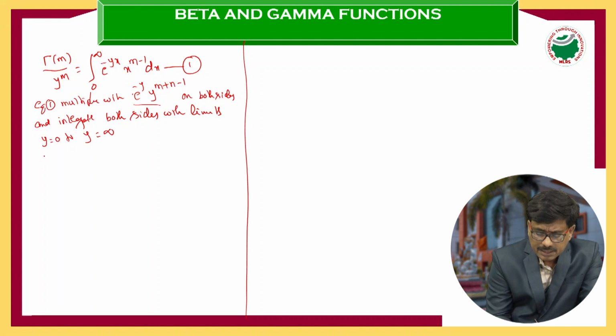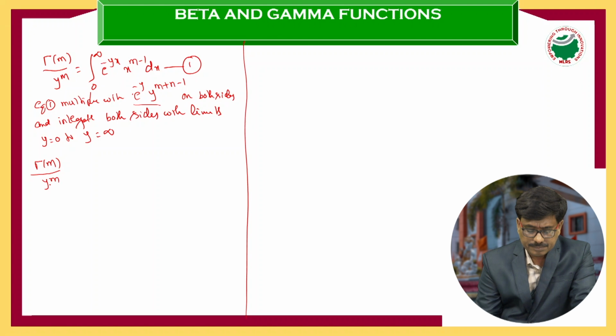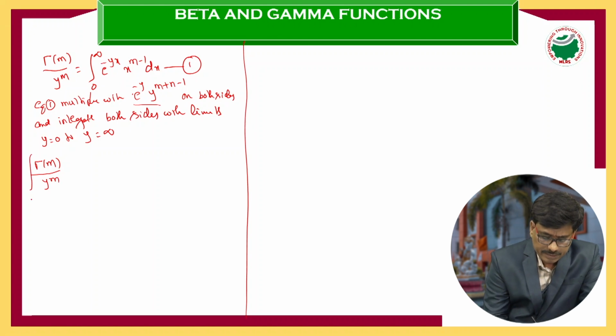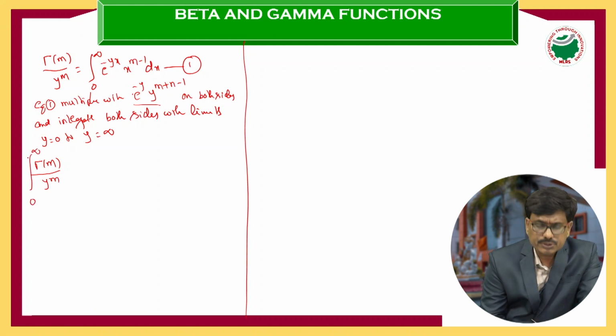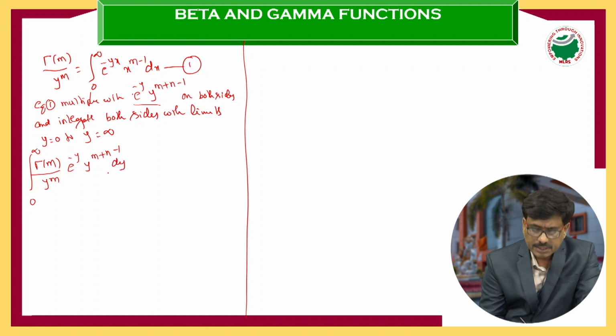Let me write the left hand side of the function, gamma m by gamma n, integrating where to where? Integral 0 to infinity. What are the multiplication? E power minus y power m plus n minus 1 into what? dy. The right hand side also,